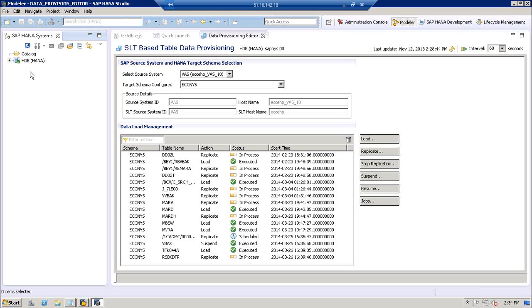So even in a fresh installation or an old installation, you have to put a schema name in the configuration wizard of SLT, saying that under this schema I want to store the data. It is irrespective of old or new installation, you have to specify it in your configuration.